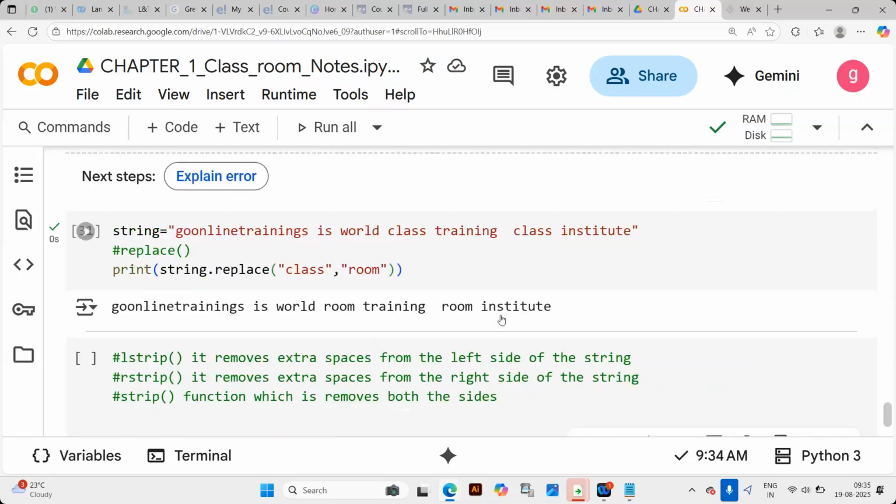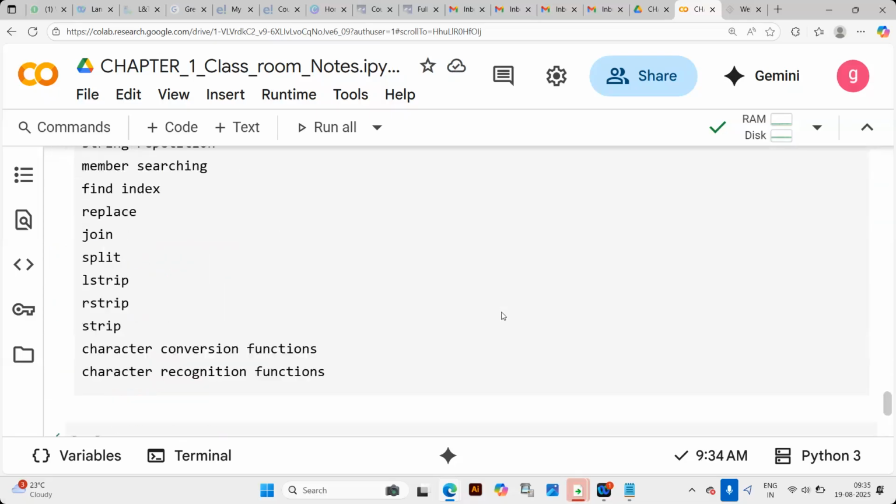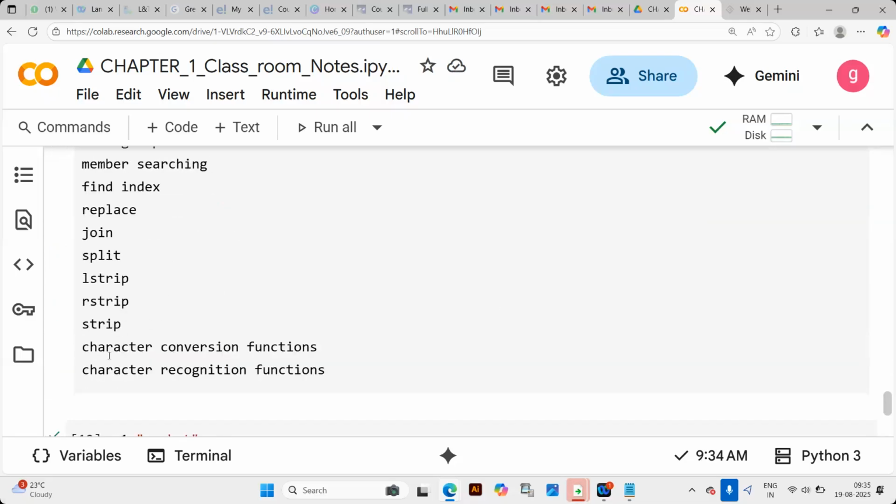Yeah, so the rest of the functions related to strings, like conversions, determination of characters, split, join, all these we'll see in the next class, in tomorrow's class. Up to what extent we have seen, I think all these are done, and the strip, lstrip and rstrip methods are done. So the leftover join and split will be covered in tomorrow's class with appropriate examples. So I'll be concluding the session.